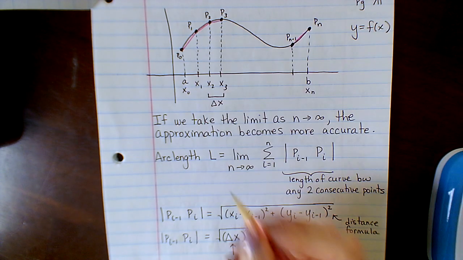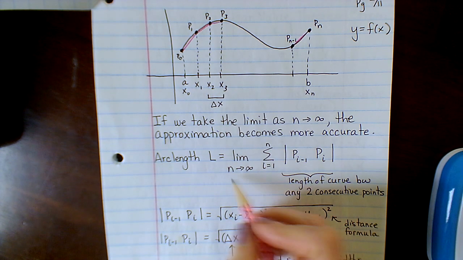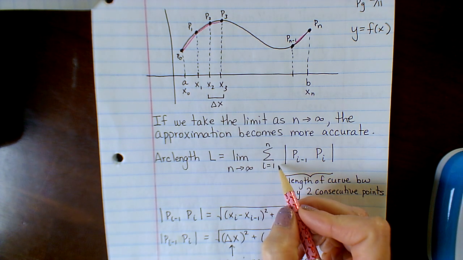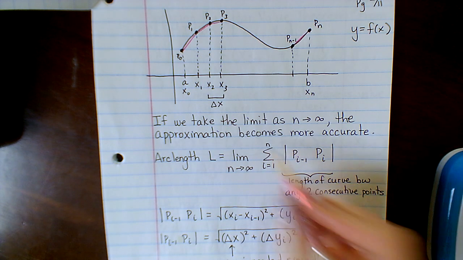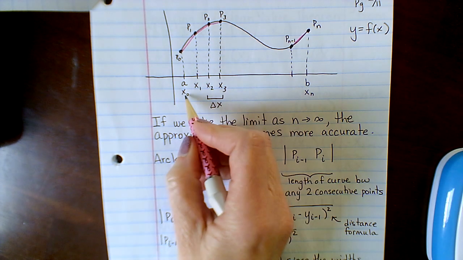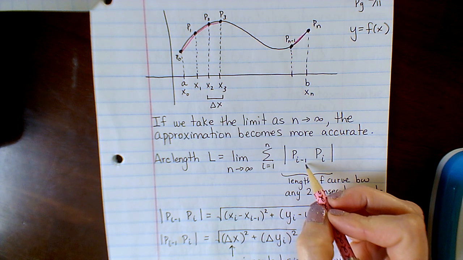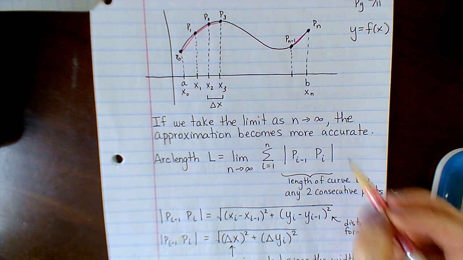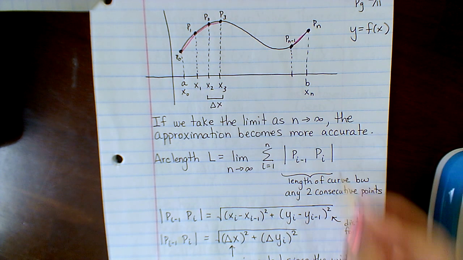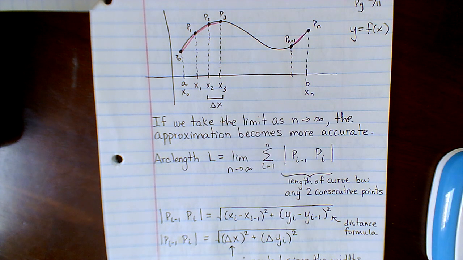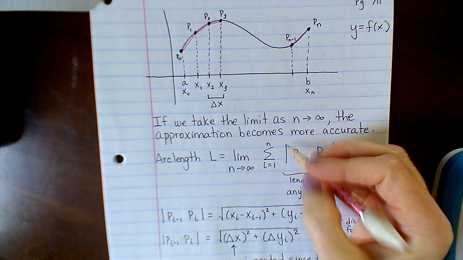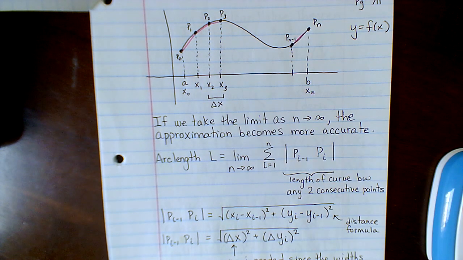So the arc length formula becomes the limit as n goes to infinity of the sum as i goes from 1 to n, these being the little x of i's, of P of i minus 1, P of i, and this absolute value looking notation is a way of saying the length of the curve between two consecutive points. So that's what that notation says, that this is just saying the length between these 2 points, and they